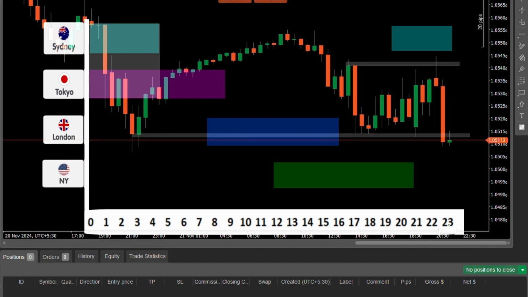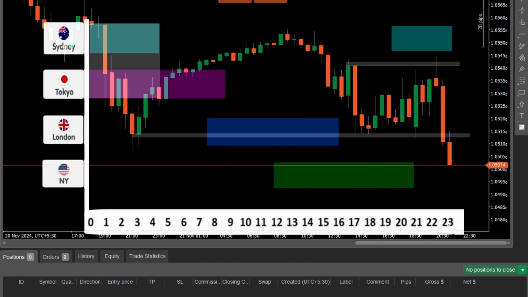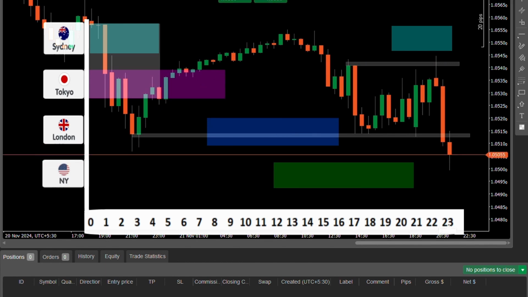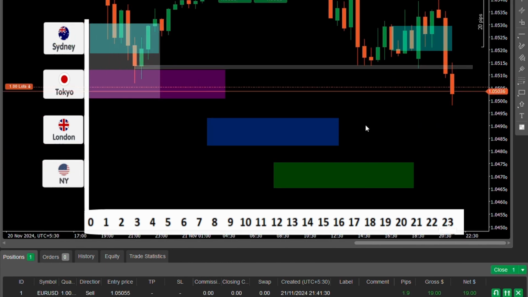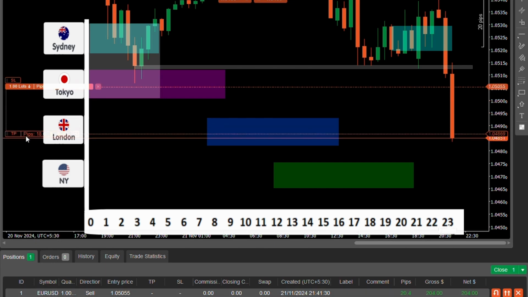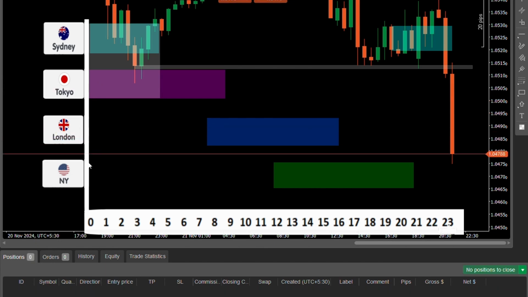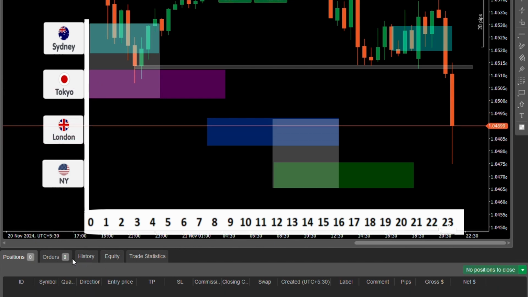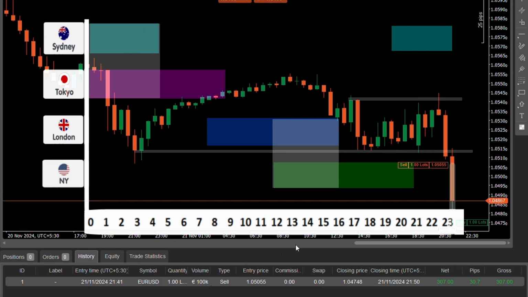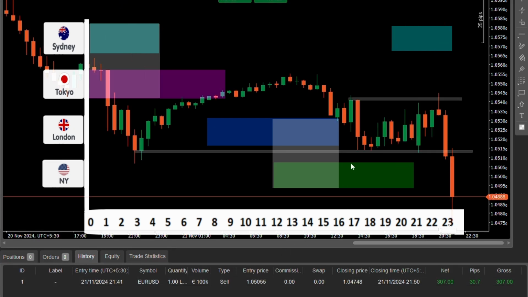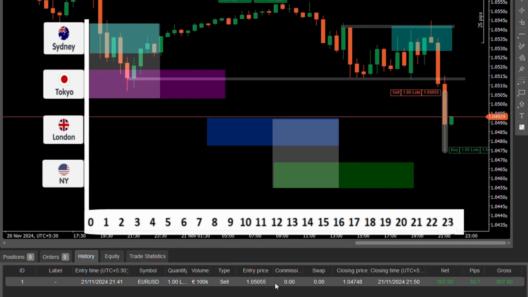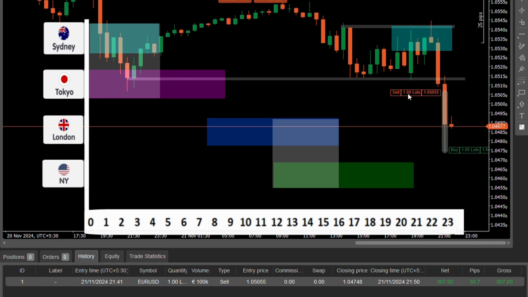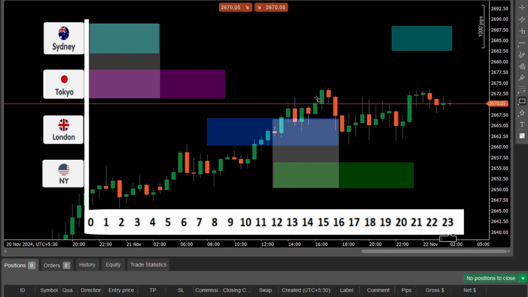Moving to the next overlap. The London session opens at 7 a.m. and closes at 4 p.m. as per GMT, and the New York session opens at 12 p.m. and closes at 9 p.m. as per GMT. The London and New York overlap is from 12 p.m. to 4 p.m. This is the best overlap. These are very high volume times. Here I leave this zone, the overlap of Tokyo and London. It is just a 30-minute overlap, so I don't recommend it.